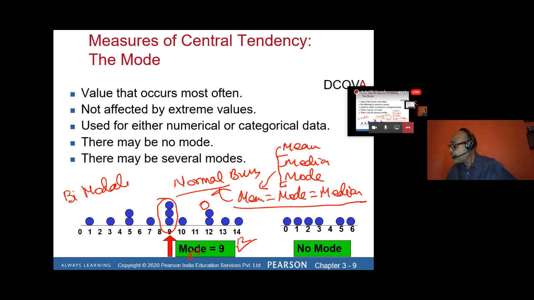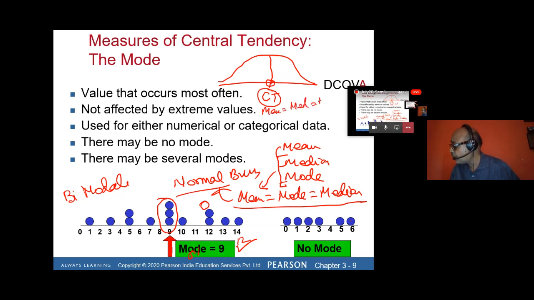A business is said to be normal because you are learning business management. So please note down, a business is said to be normal only when the data is symmetrically distributed on both sides of the central tendency. Please note down. And when I say central tendency, it means a business is said to be normal only when mean, median, and mode are at the same point. Central tendency here: mean is equal to median, median is equal to mode. All are at the same point, and data is symmetrically distributed on both sides of the central tendency.